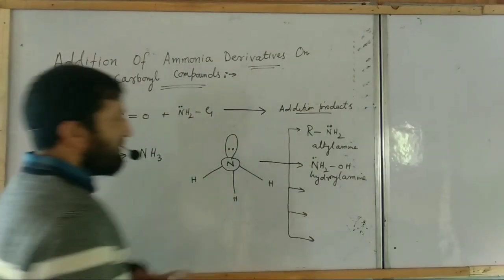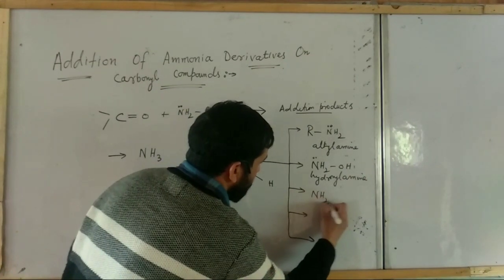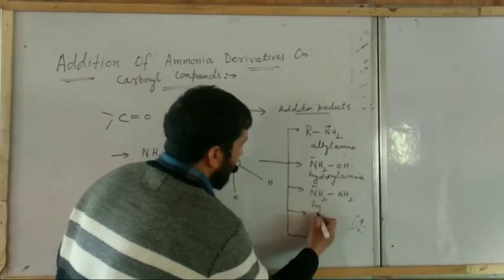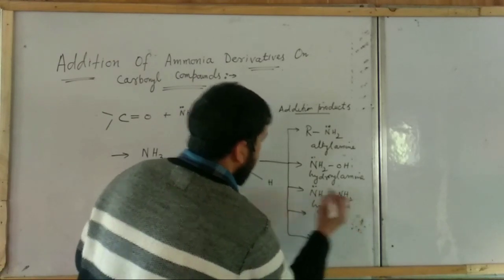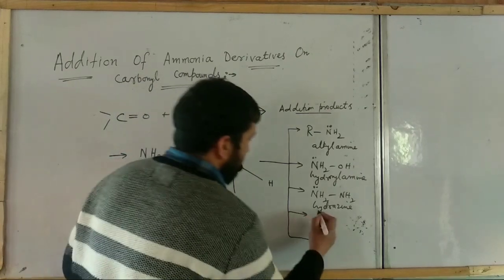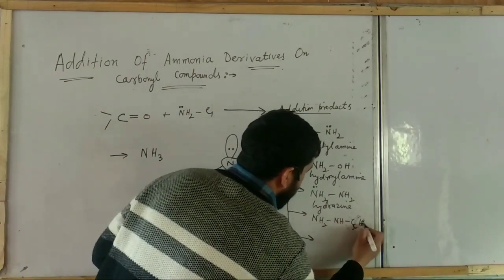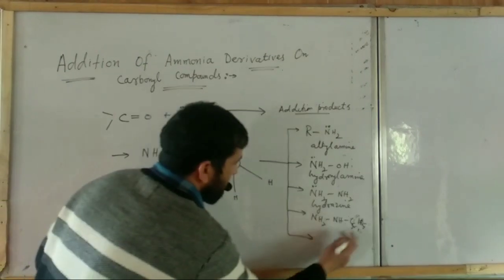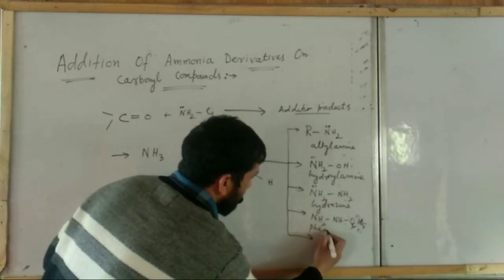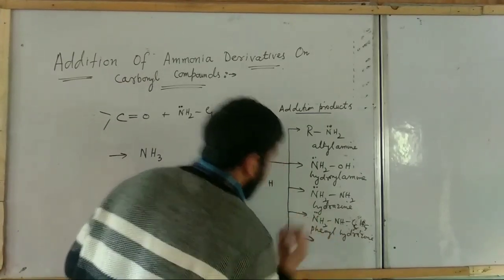ऐसे ही amino derivative of ammonia जो है उसको हम hydrazine बोलते हैं. That is NH2 single bond NH2, which also contains lone pair on nitrogen. So this is our hydrazine. ऐसे एक और derivative है ammonia का, that is known as phenyl hydrazine. That is NH2 NH C6H5. This is known as phenyl hydrazine because it contains a phenyl group, C6H5 group. It also contains lone pair of nitrogen.